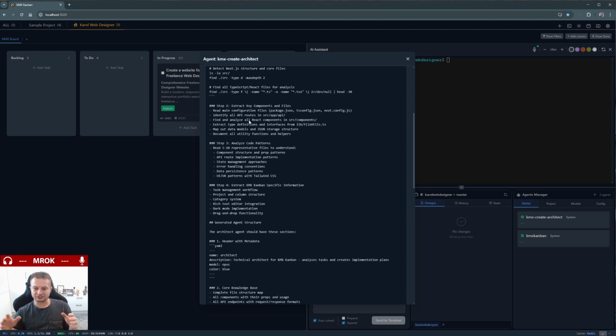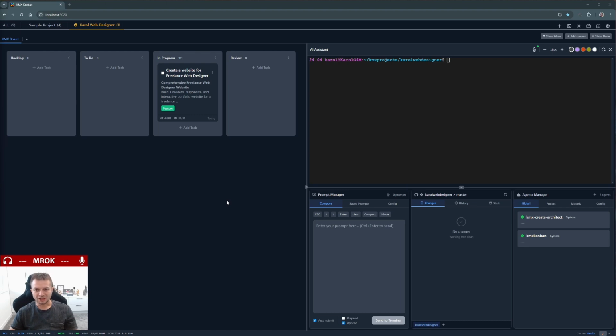Basically what it does, it scans your project. Once it's analyzing your project and knows the file structure, folder structure, and then basically knows exactly how your system operates and knows the documentation of your system, it generates a specialized architect agent,